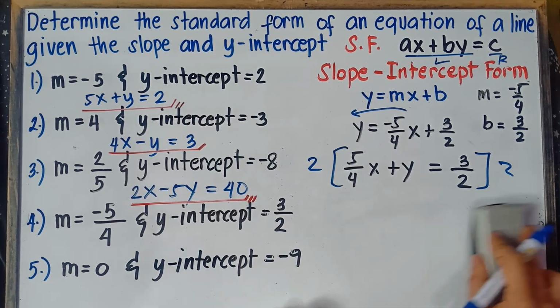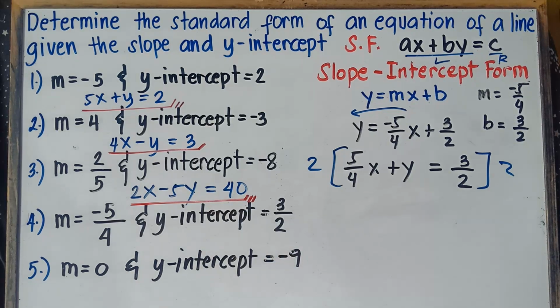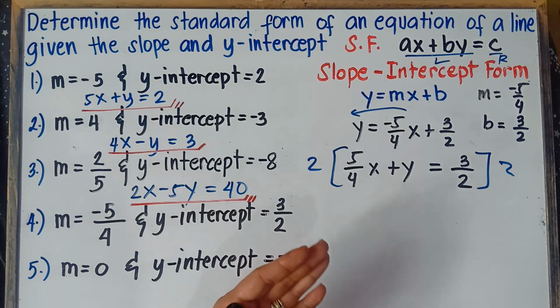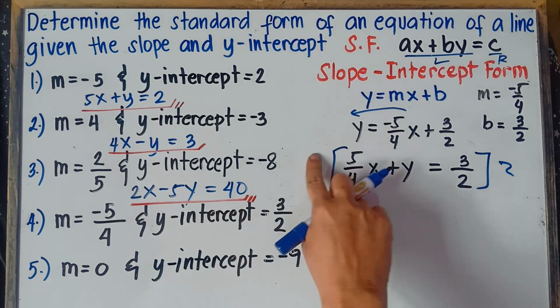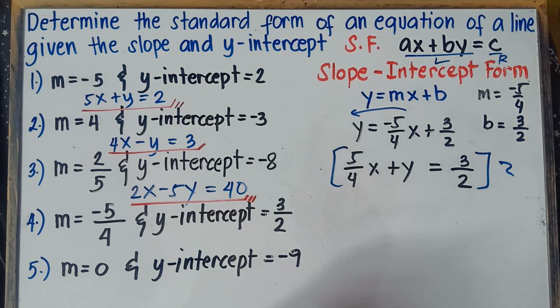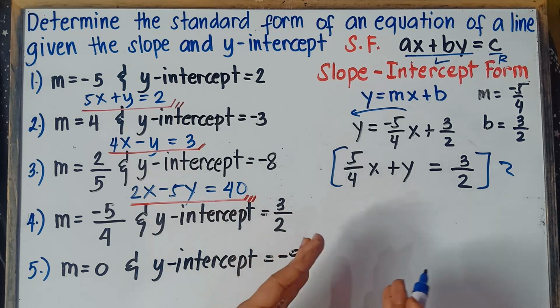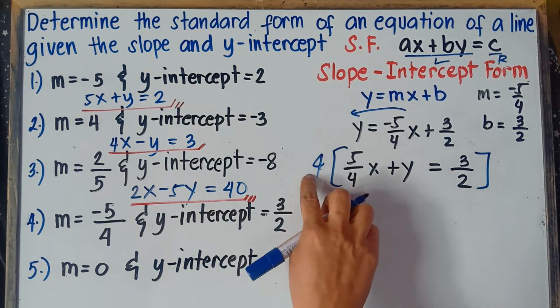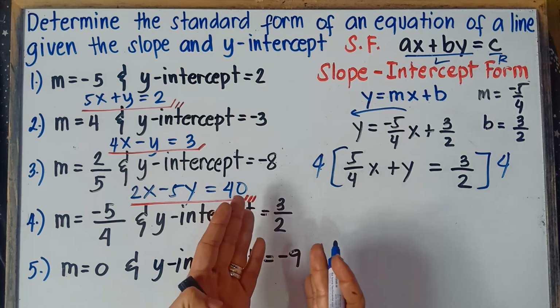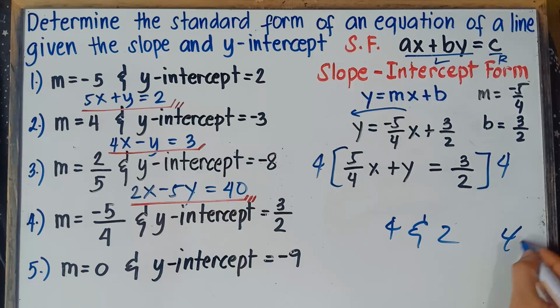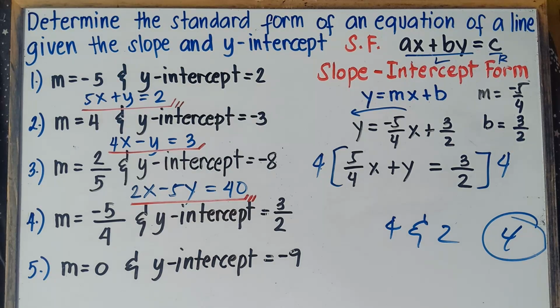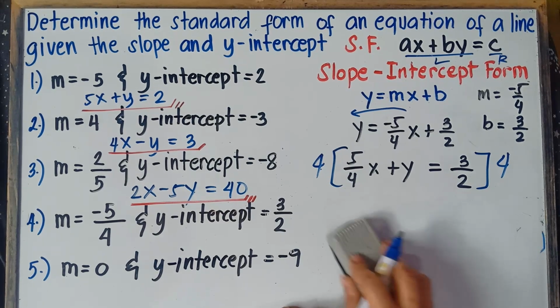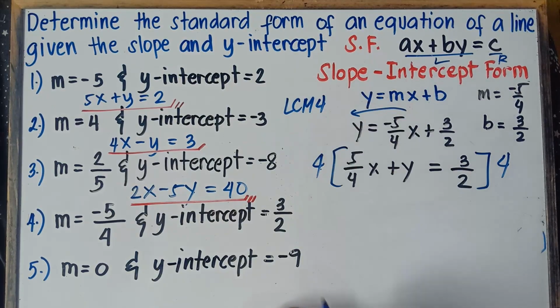That's why, to find the LCM, simply think of it this way, class. You find the least number that is divisible by 4 and divisible by 2. That number can be divided by 4, and that number can be divided by 2. Of course, that would be 4, right? Because we can divide 4 by 4, and we can divide 4 by 2. Therefore, the LCM of 4 and 2 should be 4, class. It's not 2. It should be LCM, not LCD. Least common multiple. I'm so sorry for that one, class. So the LCM would be 4.